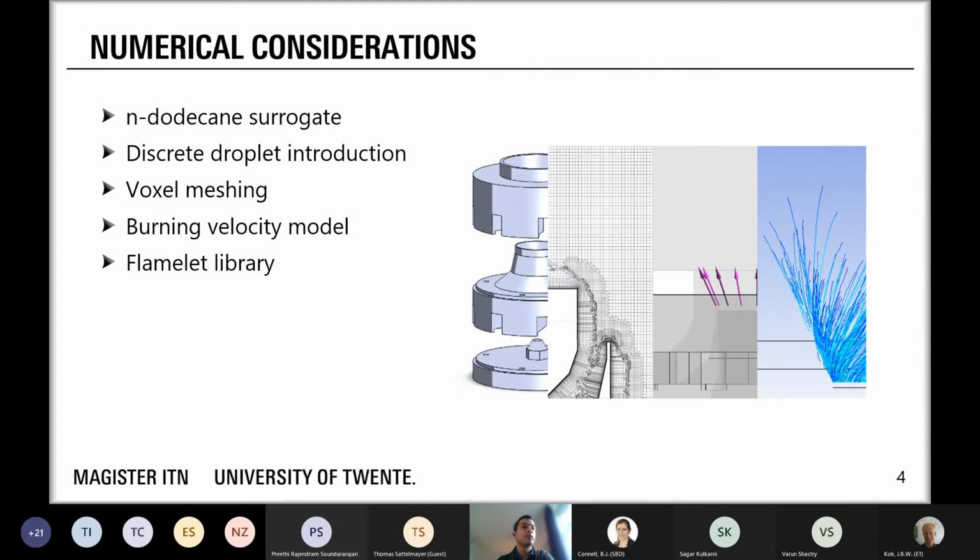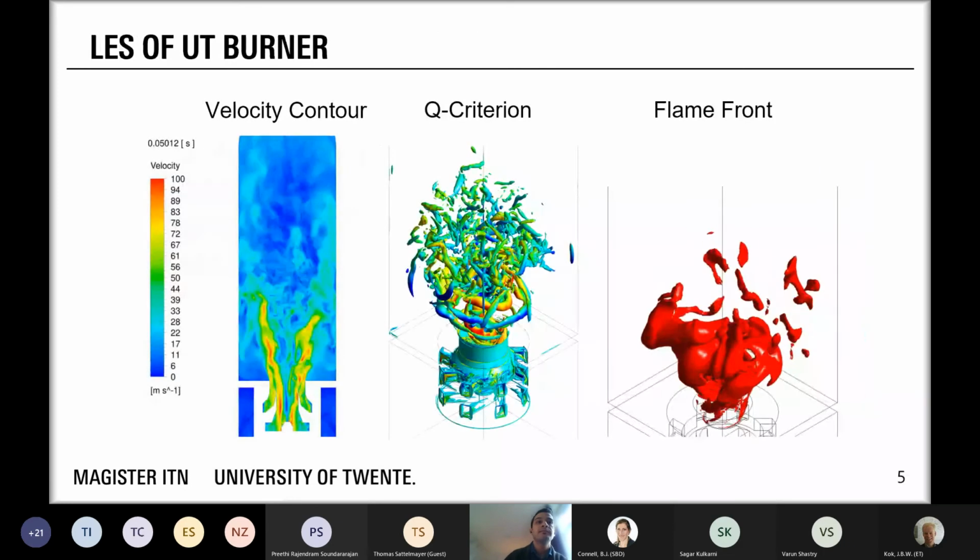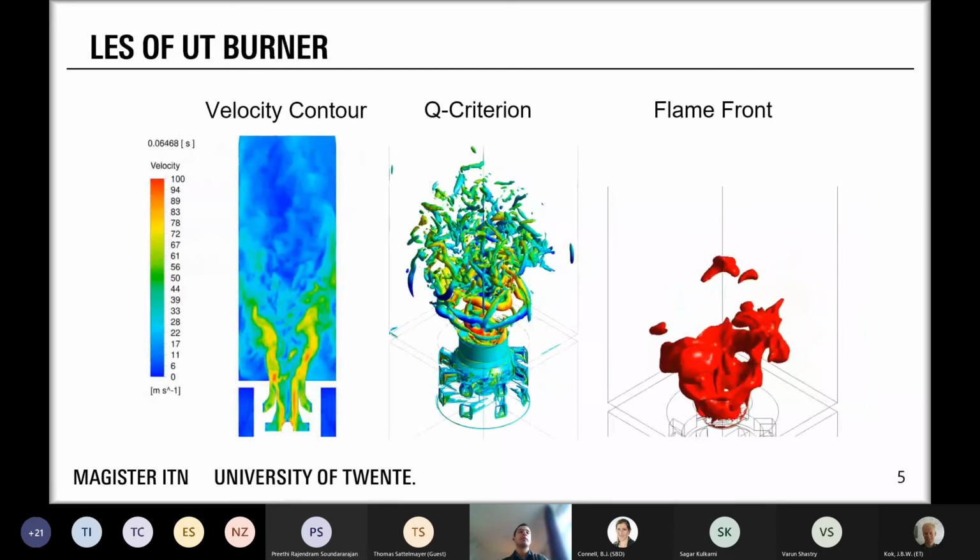We have also tried the simulations with extended coherent flame structures. But the results I'll be highlighting is the burning velocity model, which also utilizes a flamelet library on the n-dodecane, as I mentioned, and the operating conditions of the burner. But moving along, the results of this large eddy simulation,